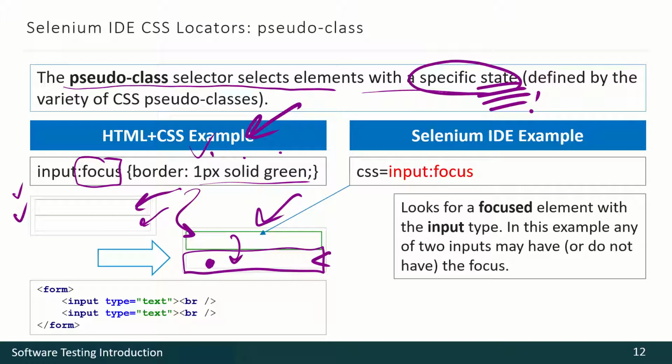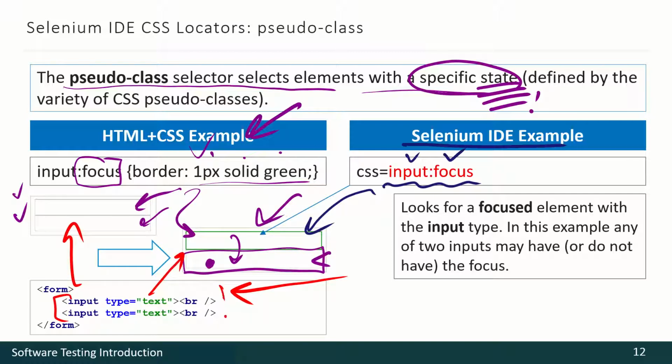In Selenium IDE, we use the same syntax. We want to find input that is focused now. So here it is. And please see that all those elements look the same. The focused state is the only state. It may go here, here, or to any other element we like. When we click, the focus goes there.